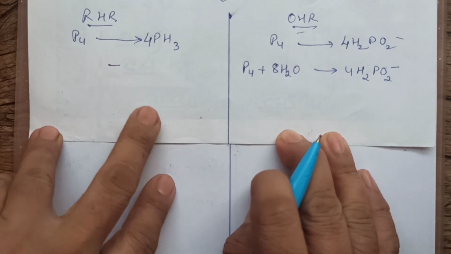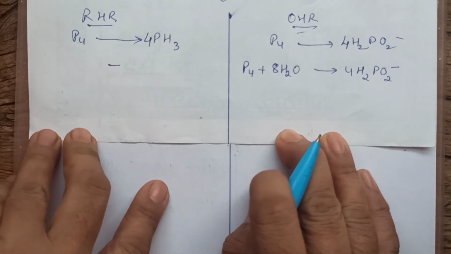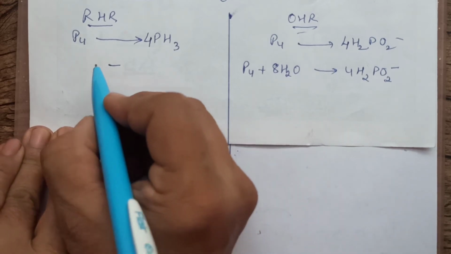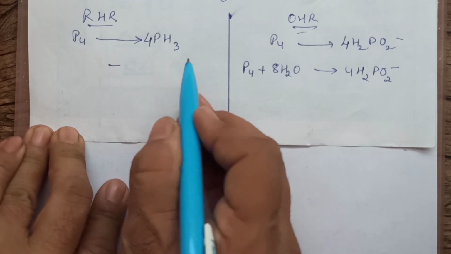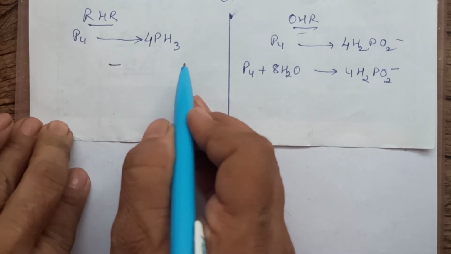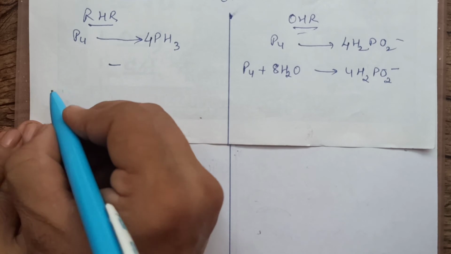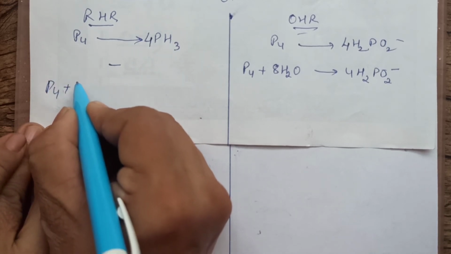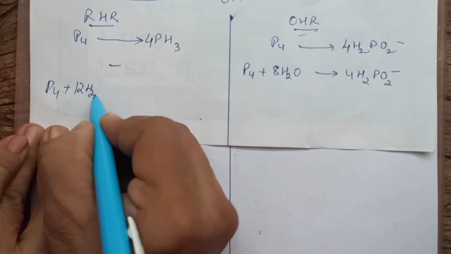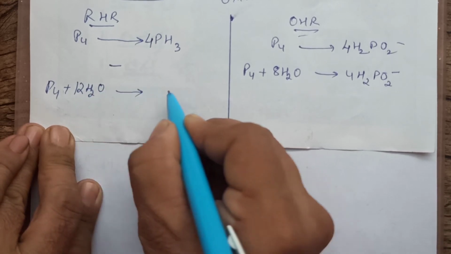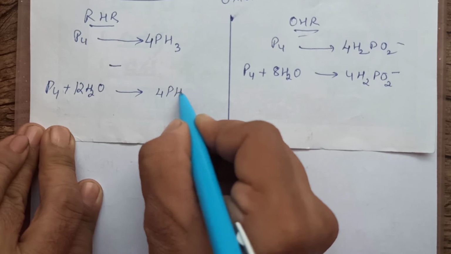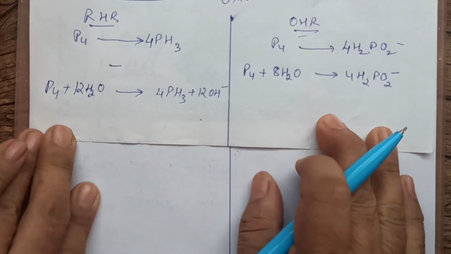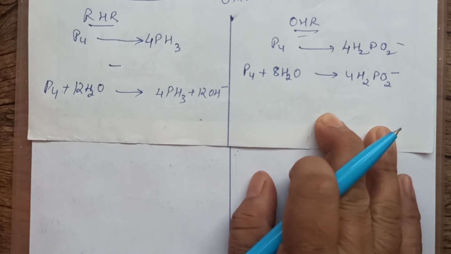Clear? Now we have to balance hydrogen. To balance hydrogen, we will have to add water on the deficient side. Let me check here first. No hydrogens on the left, but right hand side you have 12. How many are less on the left hand side? That many I will add first. So P4 plus 12 are less on the left hand side. I will write 12 water molecules on the left hand side. As I said, as many water molecules you add, the same number of OH minus you are going to add on the other side.